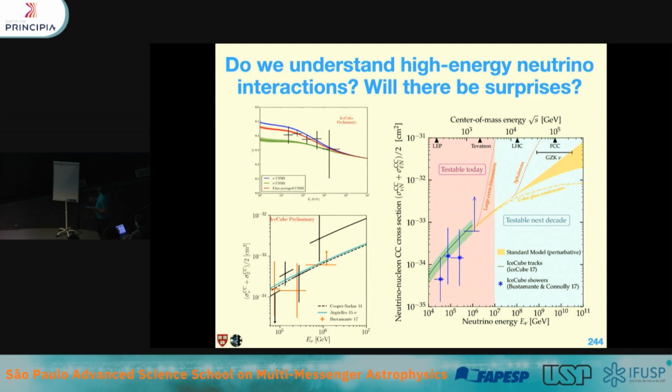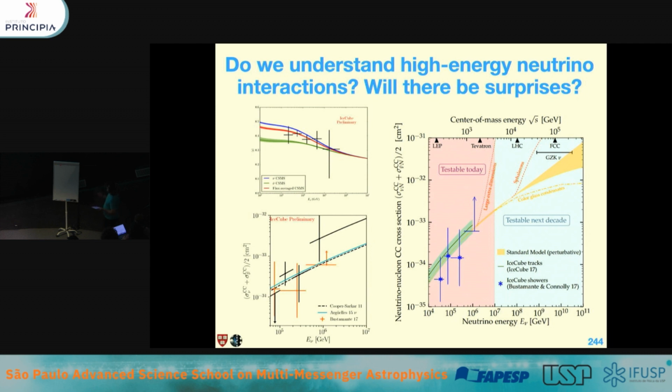But what's up ahead of us? So here, this is the neutrino energy. This is this sort of measurements. These are essentially these ones here. And we have measured the neutrino cross sections now all the way to hundreds of TeVs, but we expect to measure them at higher energies with the IceCube Gen2. So a bunch of different things happen.